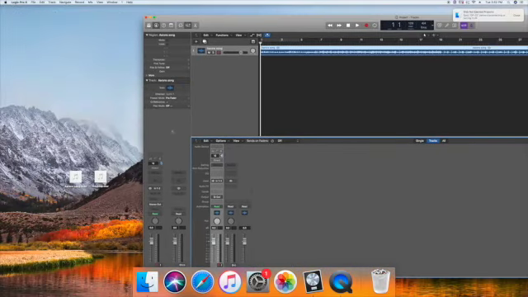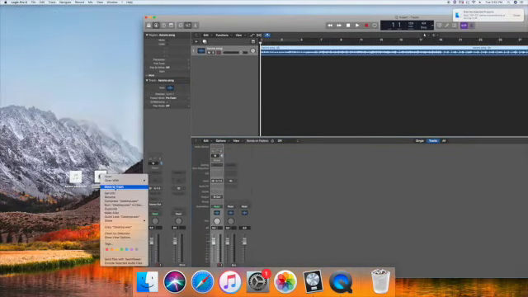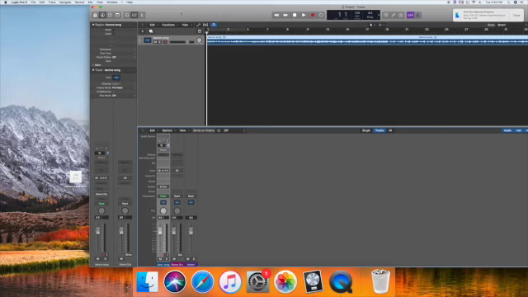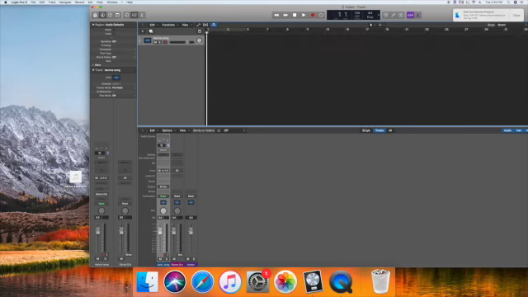So I've got, let me delete this because I've already done it. So we've got an M4A file, which is what I normally export out of Logic into iTunes. So what we want to do is make this a WAV file. So what we're going to do is drag it into Logic, and this is the way I did it, which